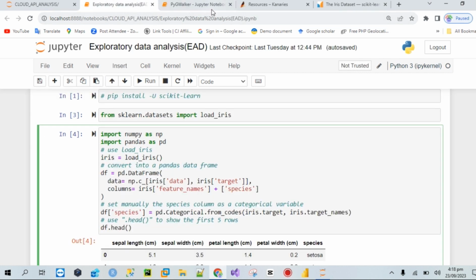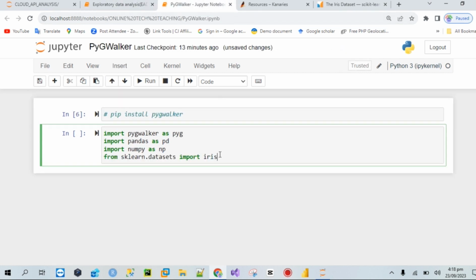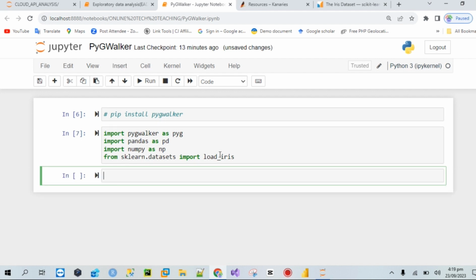Doing it this way helps us to load the data set. Let's run this code. Now that we have successfully imported these libraries,